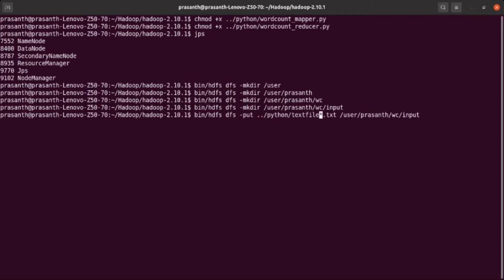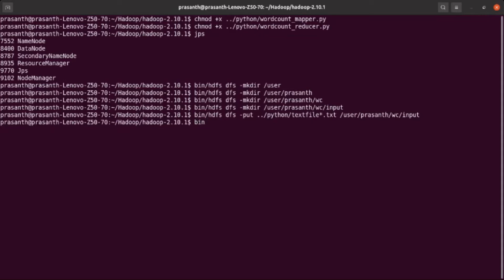So textfile*.txt. There are two files named textfile: one is textfile.txt, the second one is textfile1.txt. I want to move these files into the HDFS location /user/prashant/wc/input, where input is the folder. So this is the command. Yes, successfully executed.